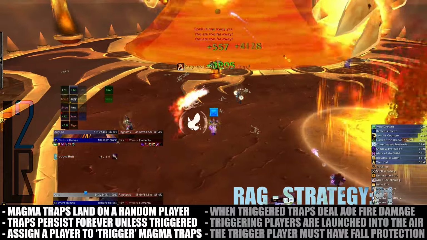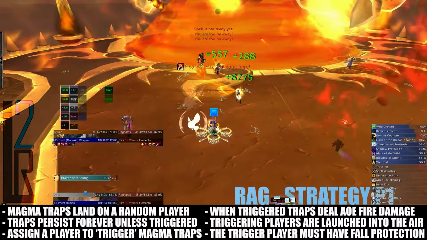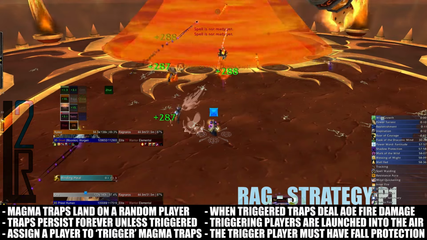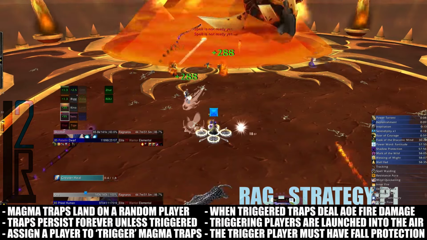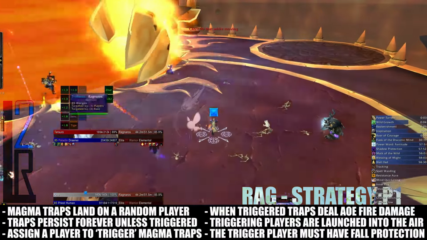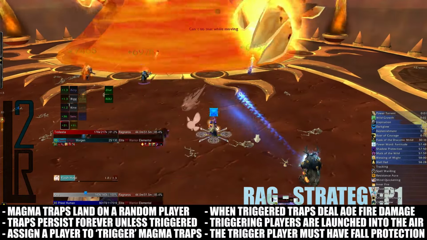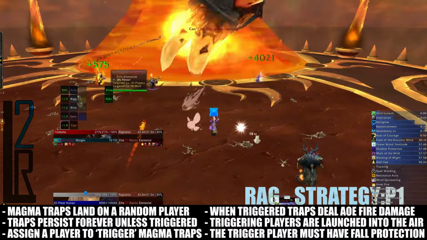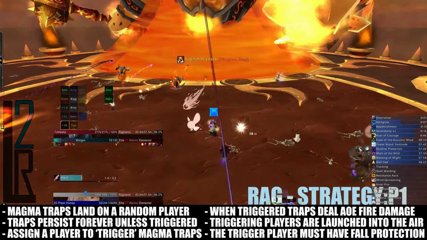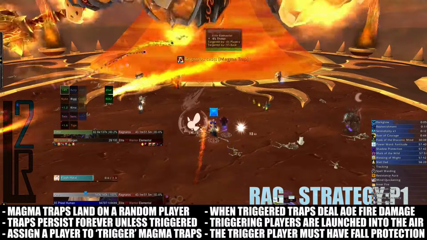The trap will launch any player who triggers it high into the air, as well as dealing fire damage to the raid. This makes classes that can negate fall damage best for handling these. We used a Shadow Priest, who then levitated themselves on the way back down. Mage Blink, Warlock Port, and many other abilities can also work. With a short countdown before each trigger, it is easy to make sure the raid is topped and prepare for